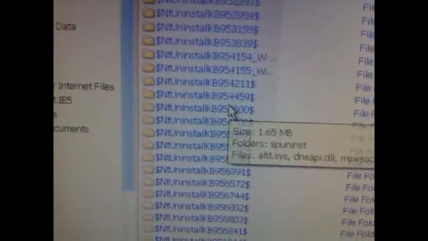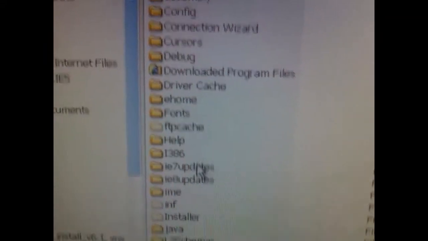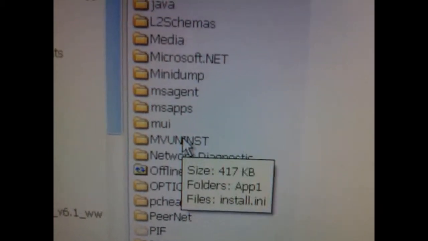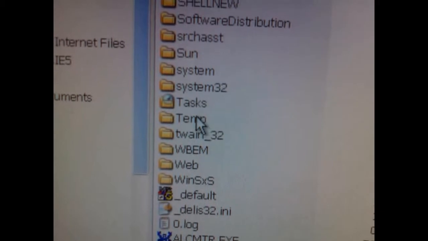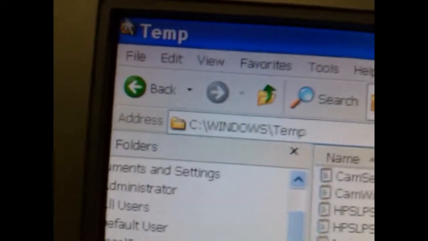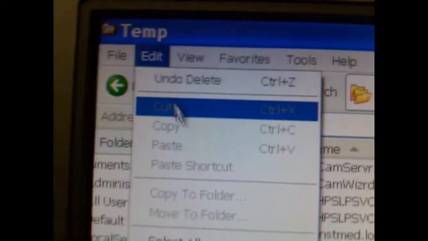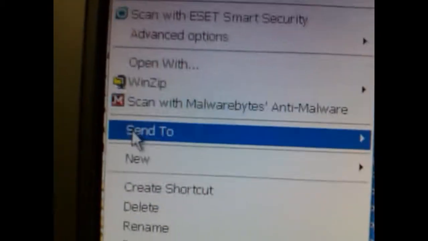And in the Windows folder, of course, is going to be a Temp. This will be a little bit easier to get into because Windows XP and Windows 2000 don't hog the folder without permissions. All the temporary files that are in here, once again, you click Edit, Select All, File, Delete,